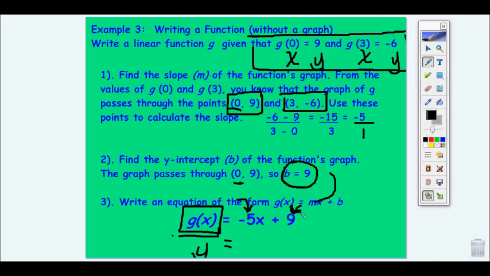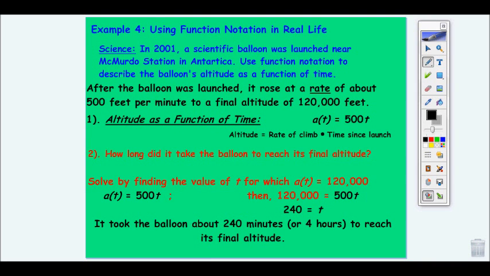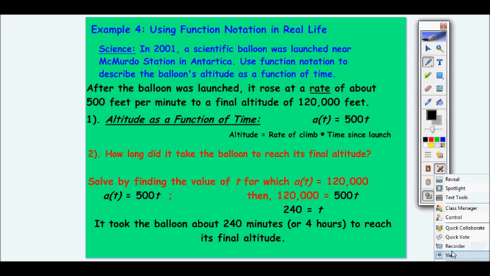Okay, let's go ahead and, do we have one more screen? We do. One more screen here. I have to pause for just a second. I'm having a little technical